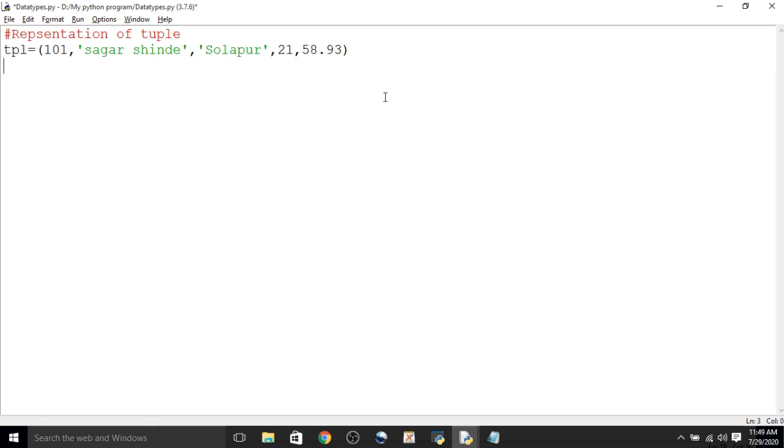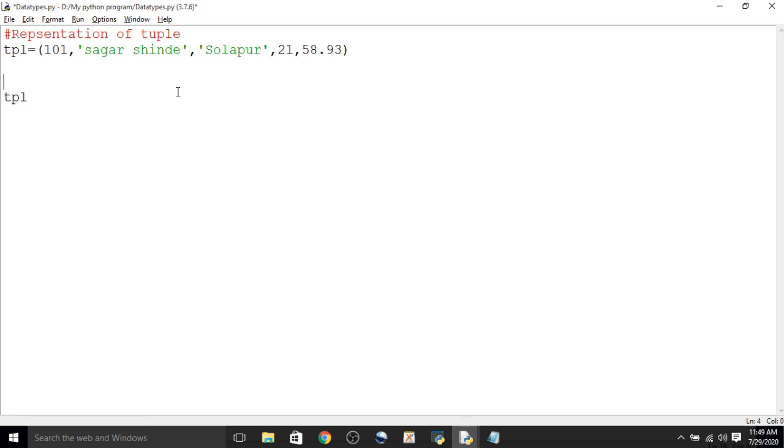Now individual elements of the tuple can be referenced using square brackets. If you want to retrieve a specific element, it should be TPL of 0, TPL of 1, TPL of 2, like that. Now if you try to modify the 0th element of TPL, what happens here?